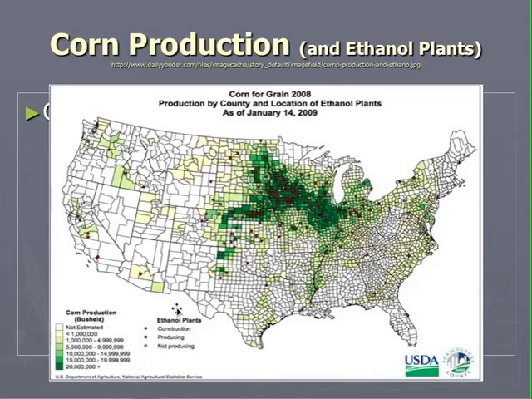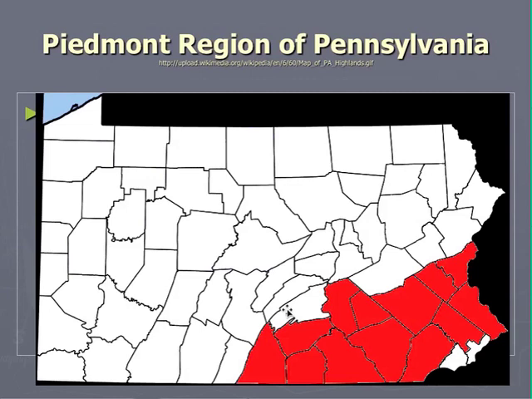Okay? Corn production. So this is based on counties. So in each county, they report how much corn production they've made. So if we're looking here, again, each one of these is measurable. I can see that over here in the Houston area, we produced about 5 million, almost to 10 million bushels of corn in the area. That is something that was measured. There is a number that backs that up.